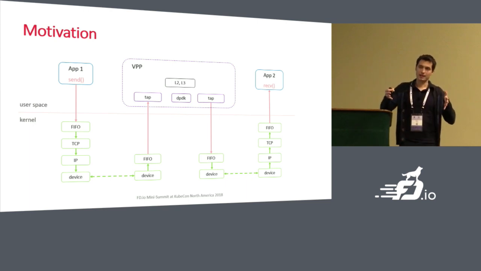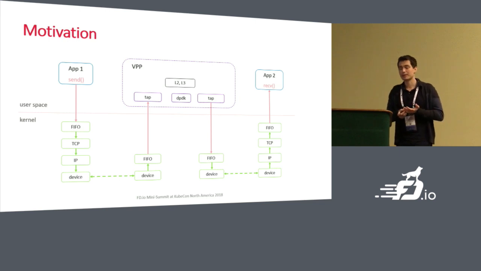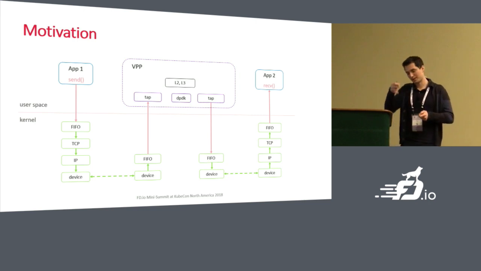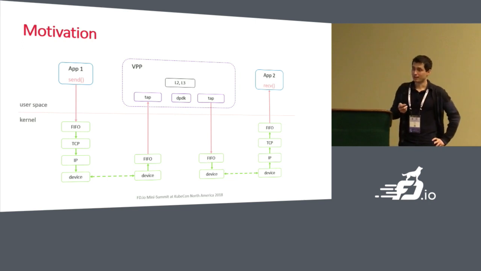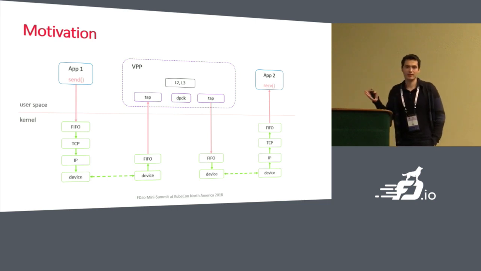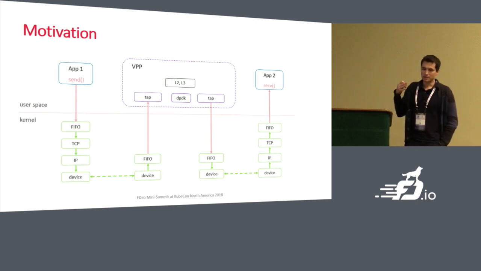And this gets even worse when we add VPP to the picture, because in this case, not only do we have to cross the stack twice, but we have to pay the additional cost of ingesting data into VPP. And for that, we'll typically use, for instance, tap interfaces. We'll do the forwarding, and then we'll re-inject the data from VPP user space to the kernel to be consumed yet again by a user space application. So I guess everybody would agree with me that this is not very efficient. And don't get me wrong, tap interfaces are really fast. But I'm sure there's a better way to do this.